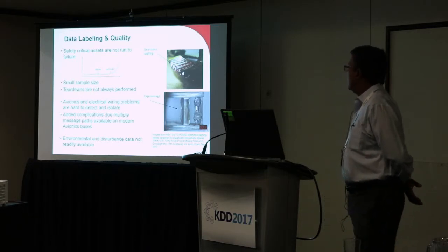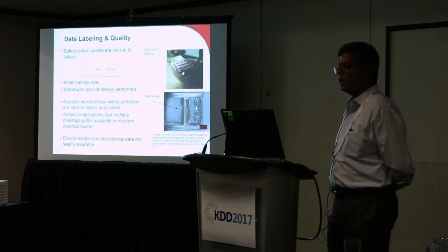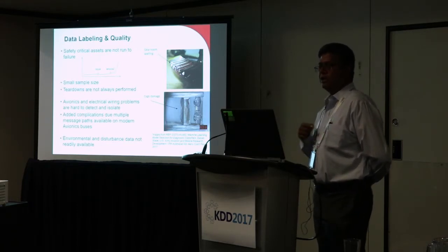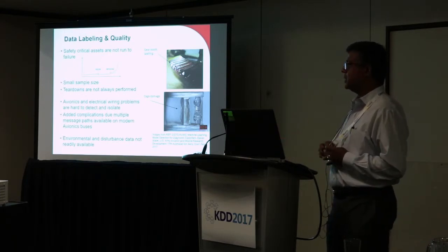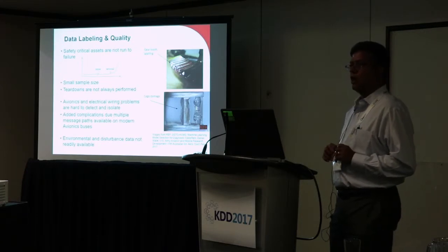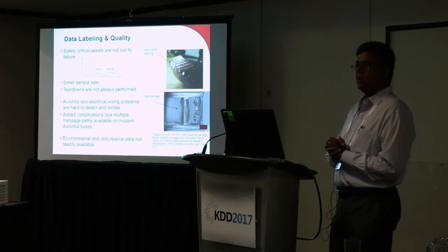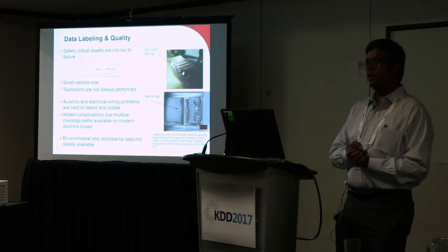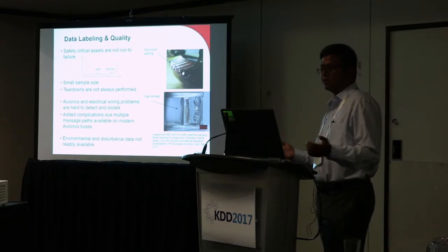Then for the mechanical equipment, most of the time there is no teardown analysis. Most of the equipment do not have teardown analysis. Reliability findings don't get fed back. So finally, when the equipment comes to the shop, for the engines, somebody does inspect them and say, hey, what is working, what is bad, how good or how bad it is. But when you go back to the small valves, small solenoids, it just gets chucked off because it's a low-cost part. Doing a teardown analysis is not possible. But that is the kind of data that will help all of us improve some algorithms,